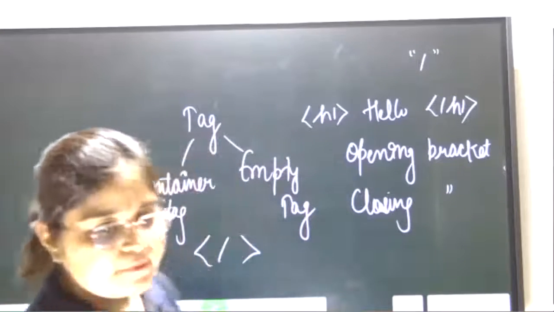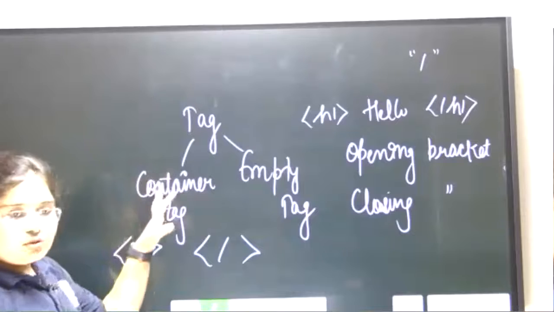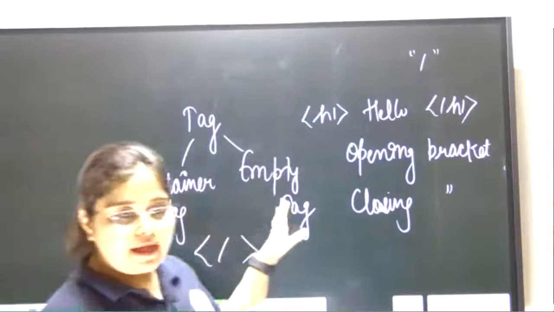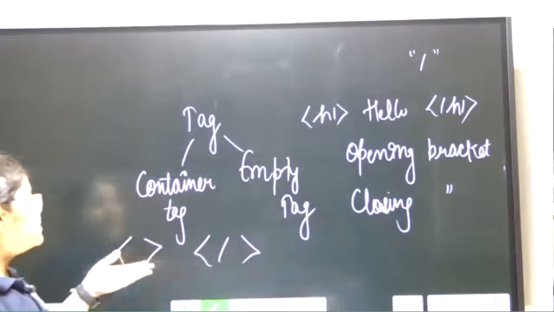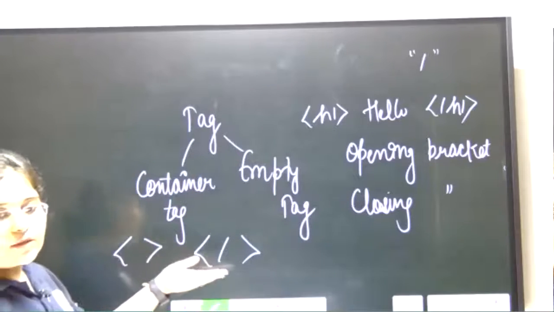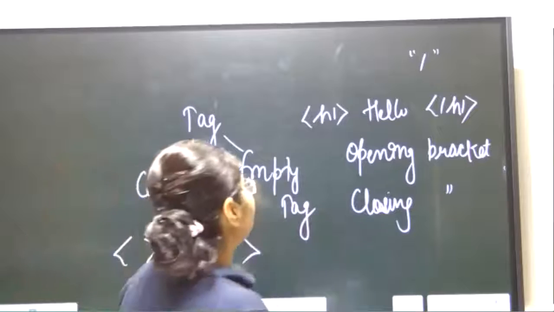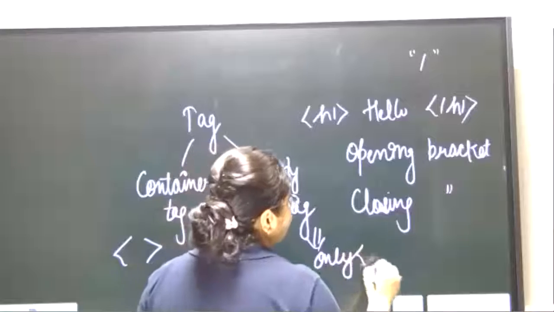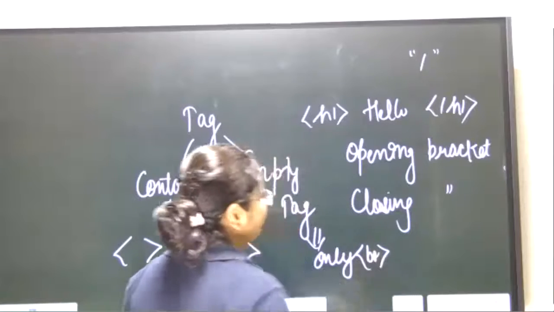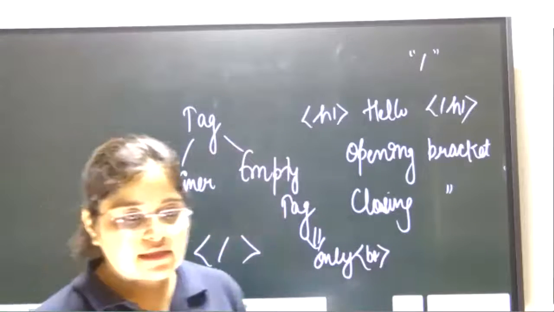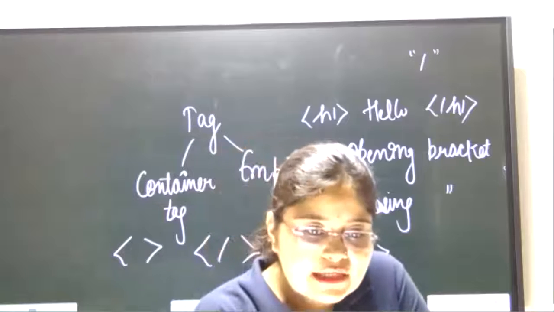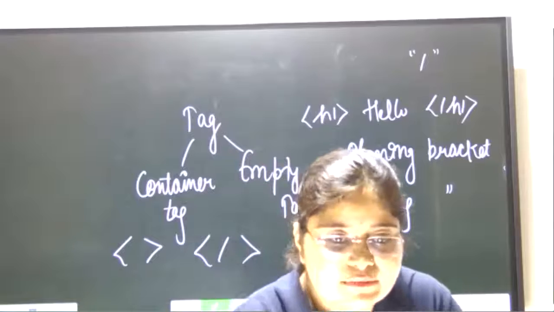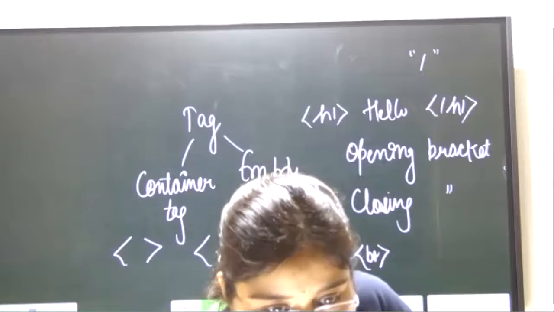Okay? Okay. So we are having two types of tag in HTML. It can be container tag or it can be empty tag. Container tag means having opening as well as closing brackets, whereas in empty tag, we are having only opening brackets. No need to close, like BR. BR stands for break. Okay, so this is an example of empty tag जहाँ पे आपको tags को close नहीं करना पड़ता using slash. Is it clear to all of you?